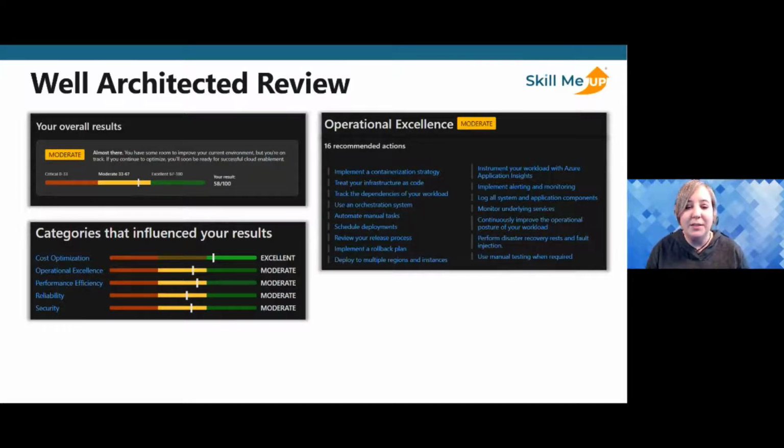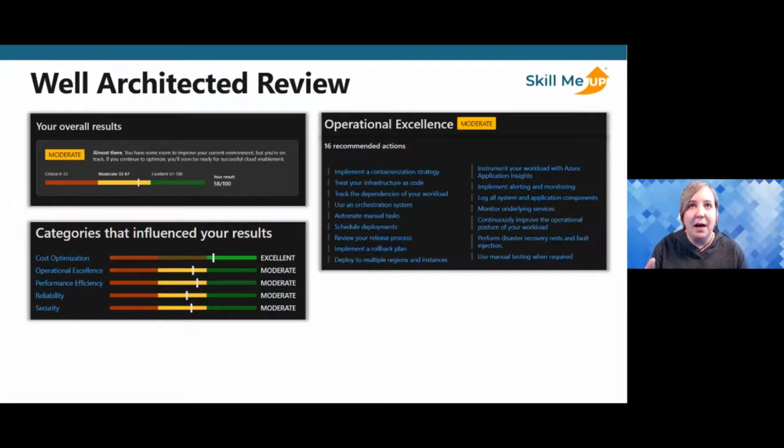The well-architected review itself, so this is quick screenshots of what you see. You'll get your overall results. It'll label you where you stand, right? And I've seen a lot of customers fall on a lot of different parts of this continuum. It's not the end grade. You're not actually measured based upon where you fall the first go around. In fact, you can rerun this down the road. And I always recommend doing that because things evolve and change, and you might want to figure out where you land related to the well-architected review.